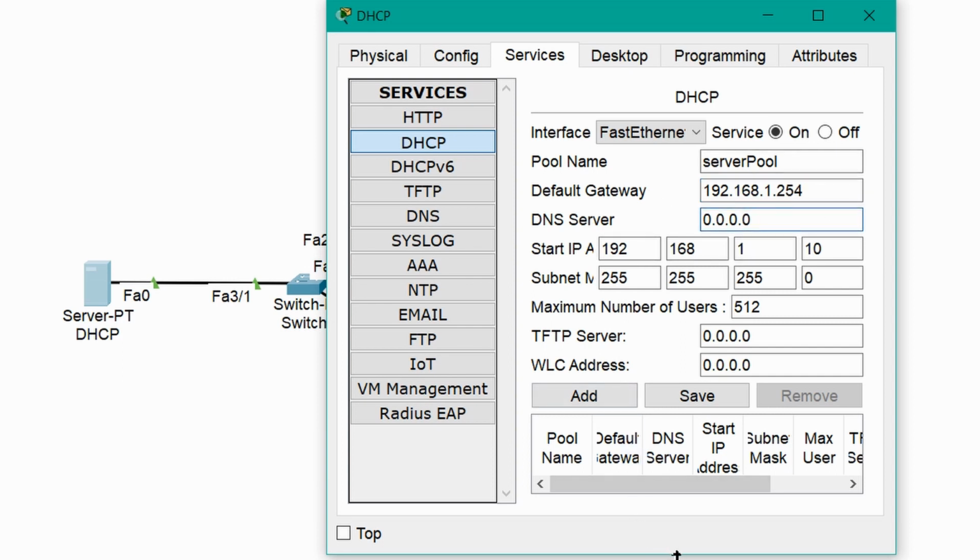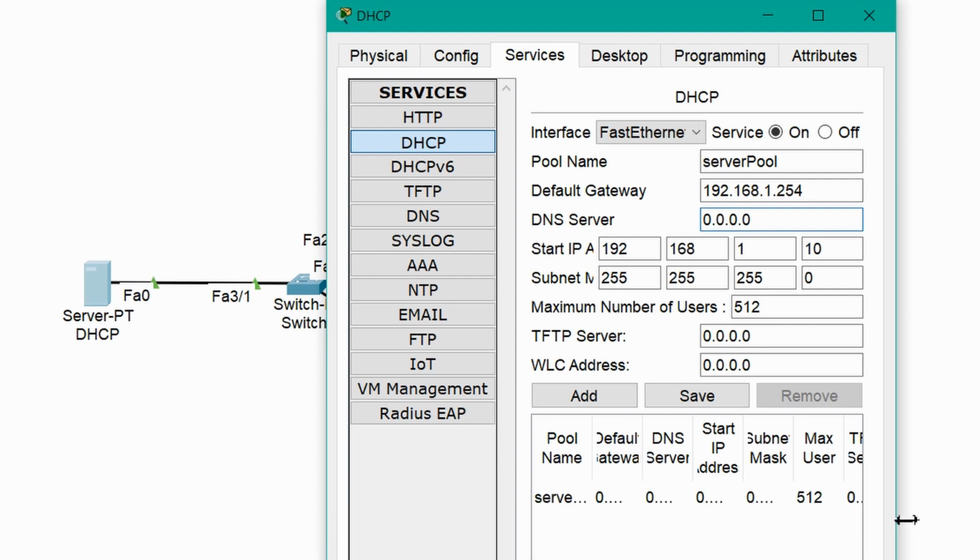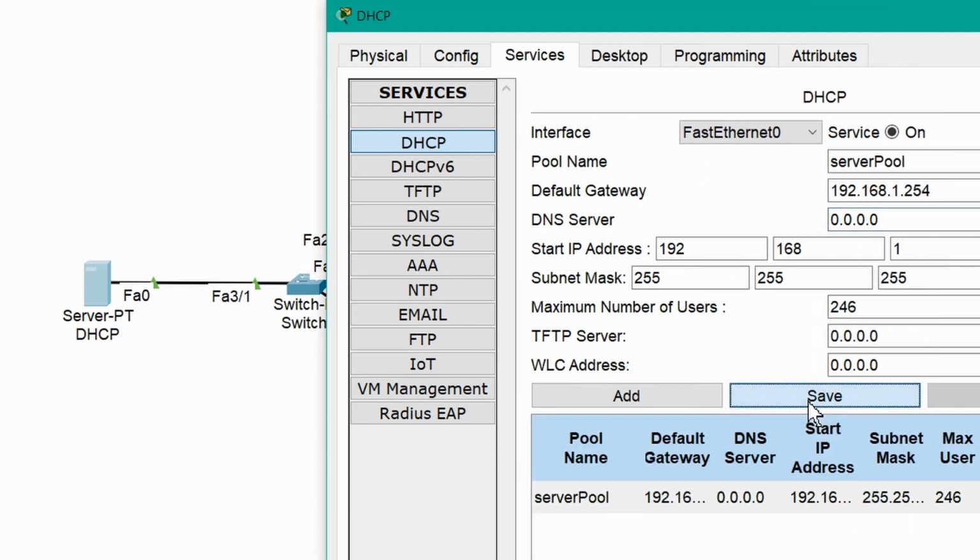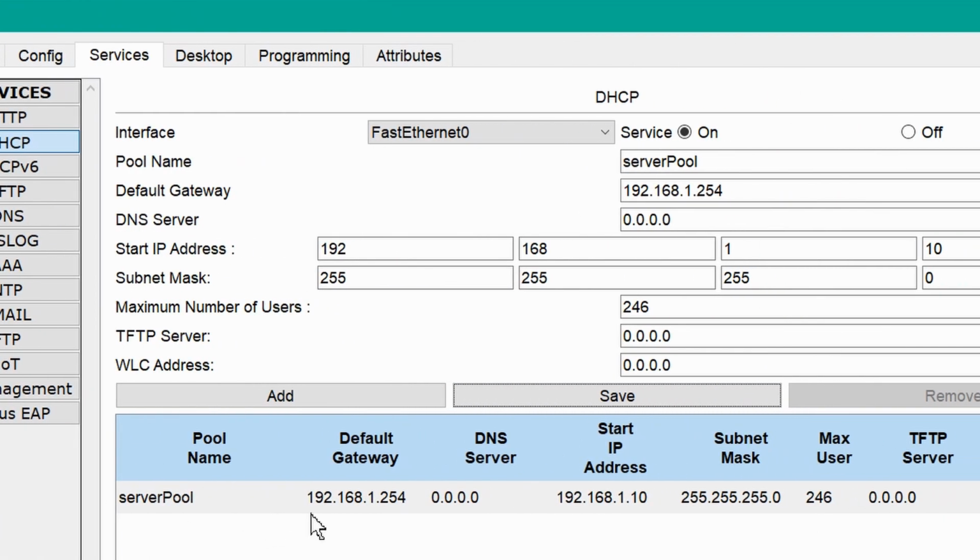You can configure that, and I will save this pool. So here you can see all the addresses have been assigned. Pool name is server pool, default gateway is this, DNS server is this, start IP address is 192.168.1.10, and this is the subnet mask.